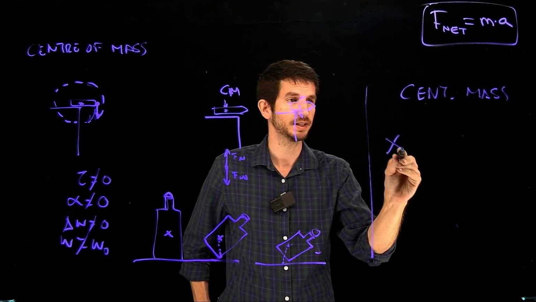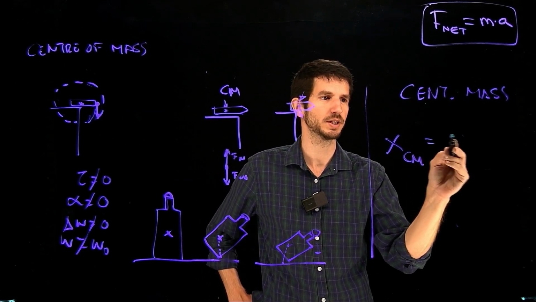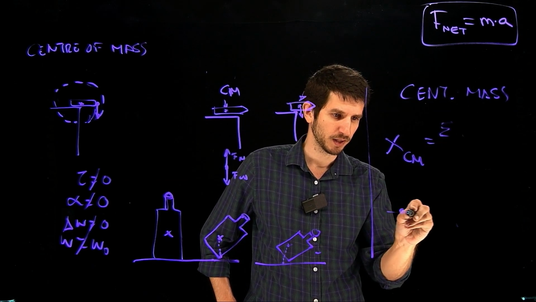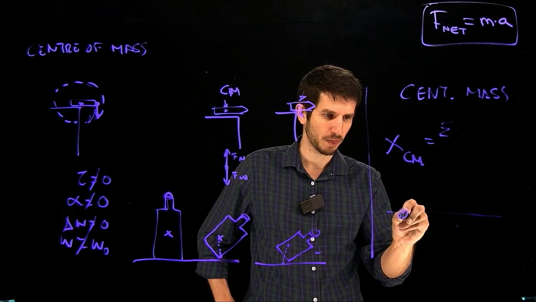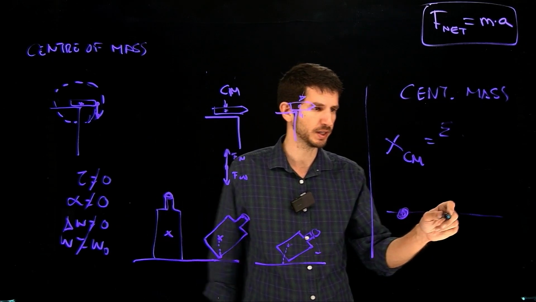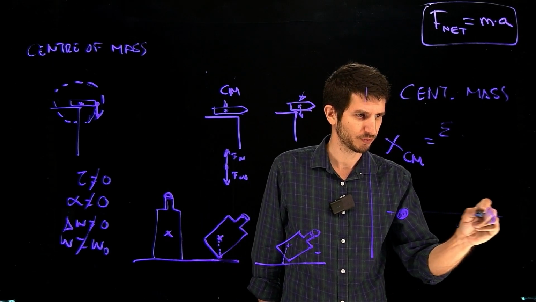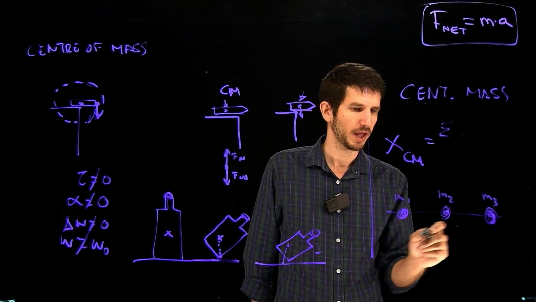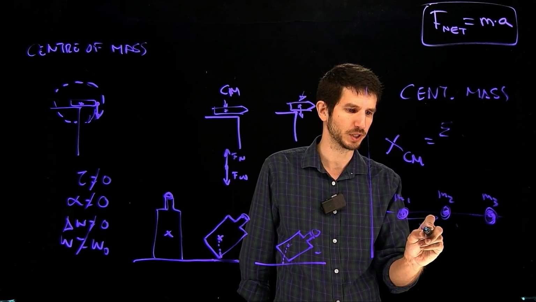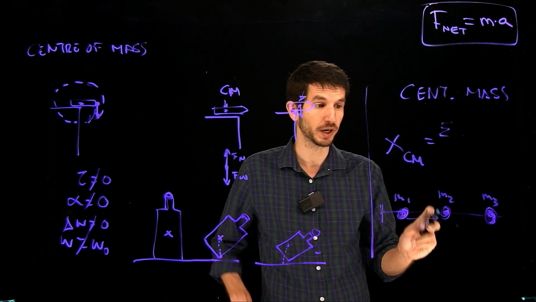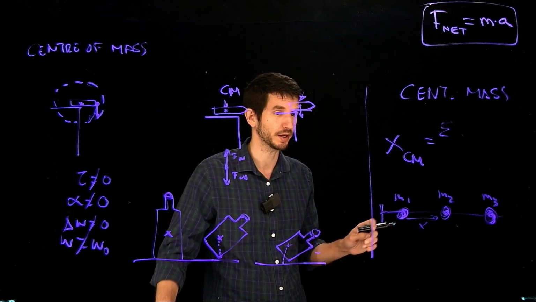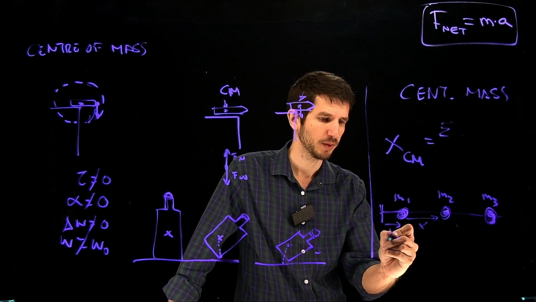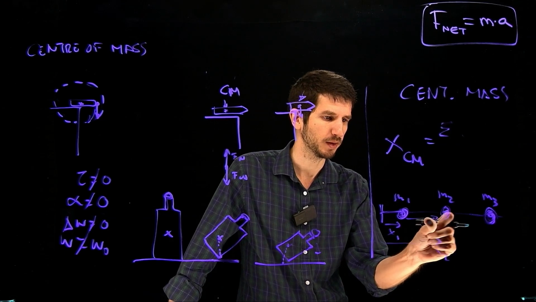We're going to define x center of mass as the sum. Let's say that we have a bar, and the bar is massless, right? And it's made out of several different masses, mass 1, mass 2, mass 3, at different distances. We could call this x, with respect to an axis. By the way, the axis you can choose whichever way you like. We will see that in problems. But we can say mass 1 is at position x1, mass 2 is at position x2, and mass 3 is